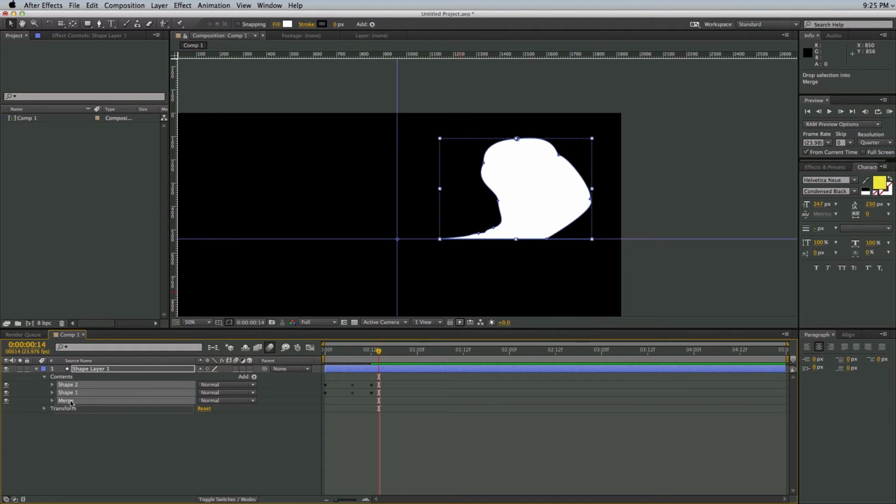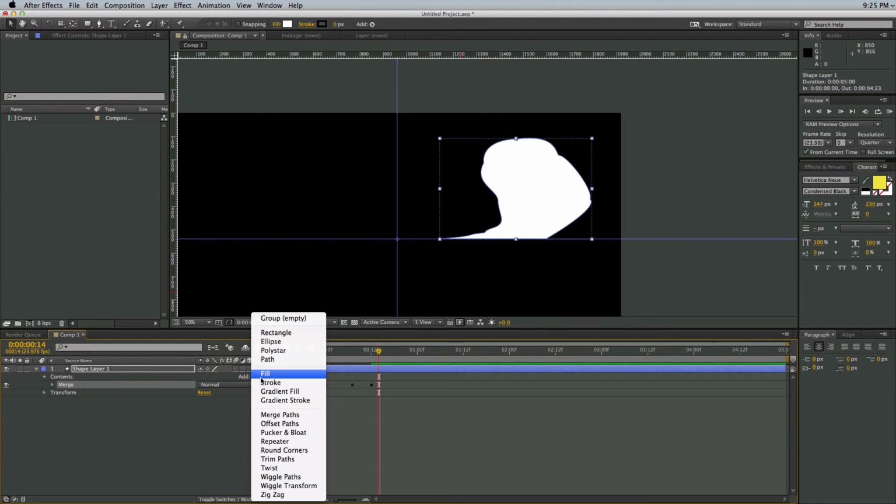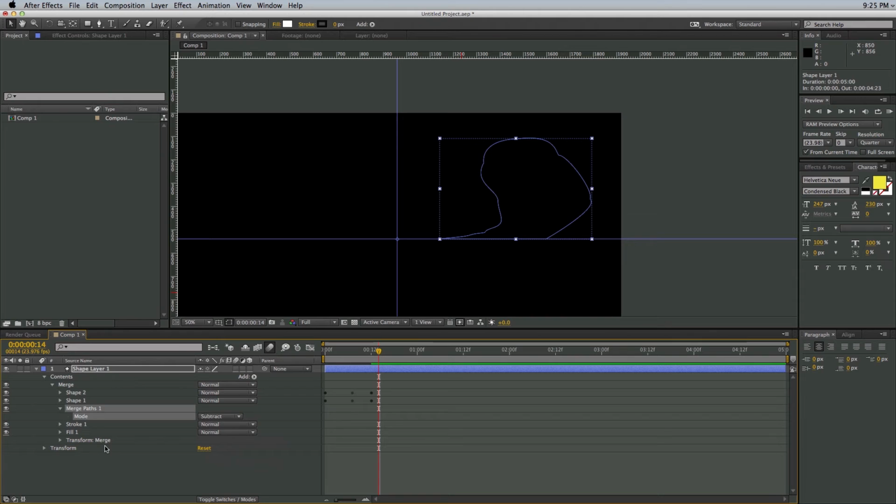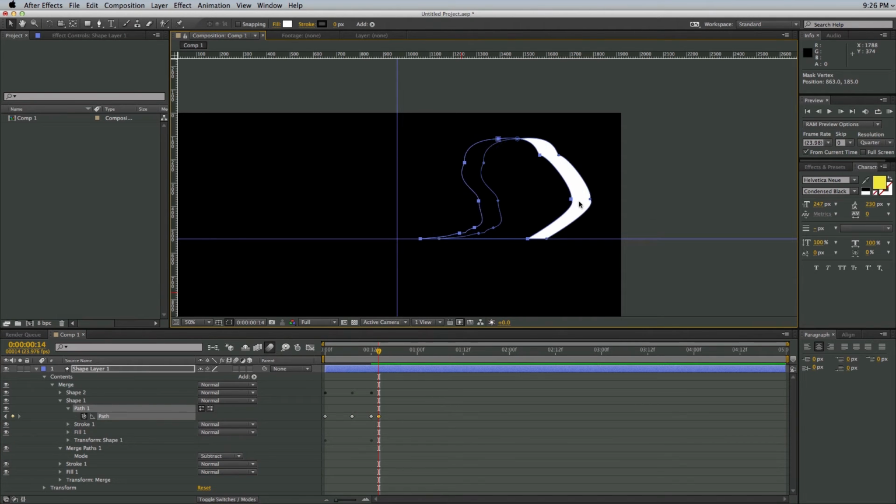Put both shapes into the group. And then select that group again. Go to add merge paths. And it's going to take the two paths and merge them together. Right now it's just set on add, but I'm going to set it to subtract. And then let's take this bottom path,